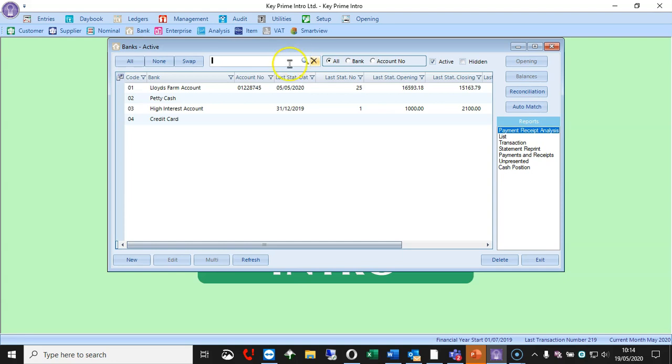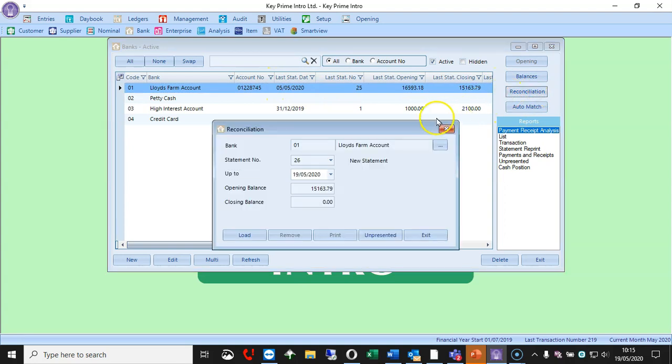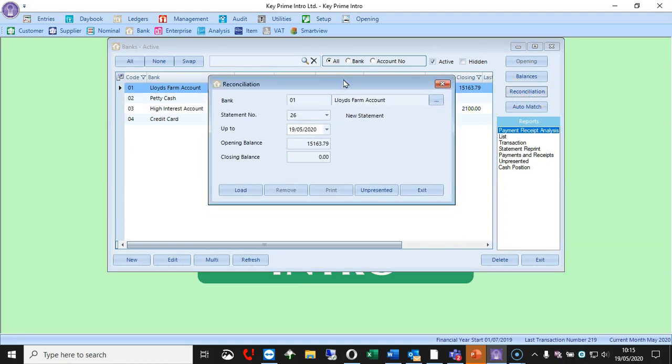And the first place to start with is the top one, and have you reconciled that up to, so we can go and look at our reconciliation and look for our last statement, and have we reconciled up to the year end or beyond it, because we need to make sure that we have reconciled everything up to the year end. Now we can go and look at anything that hasn't been on a statement.